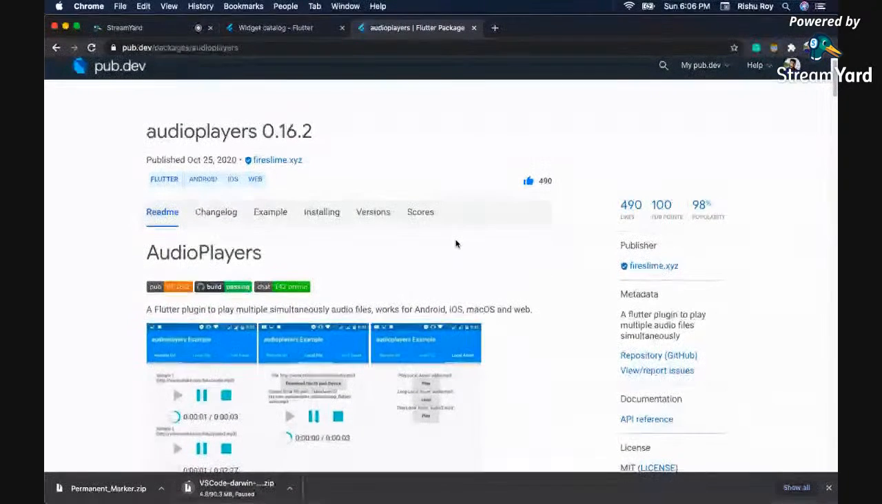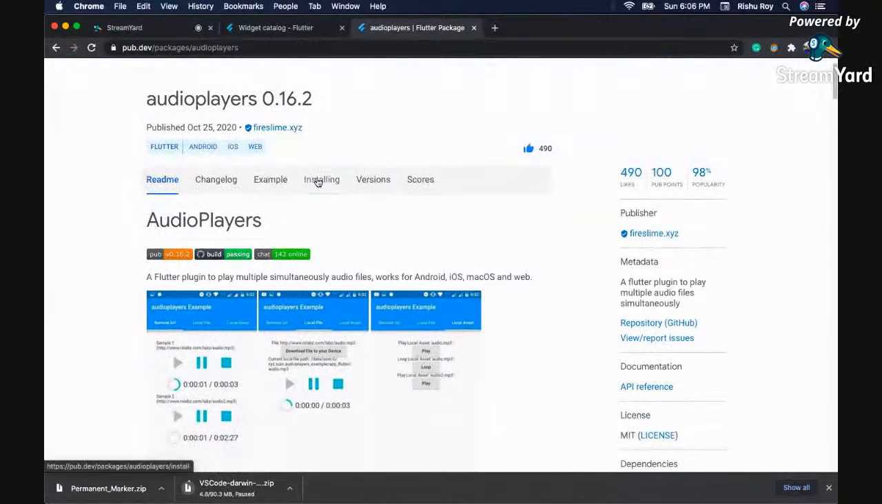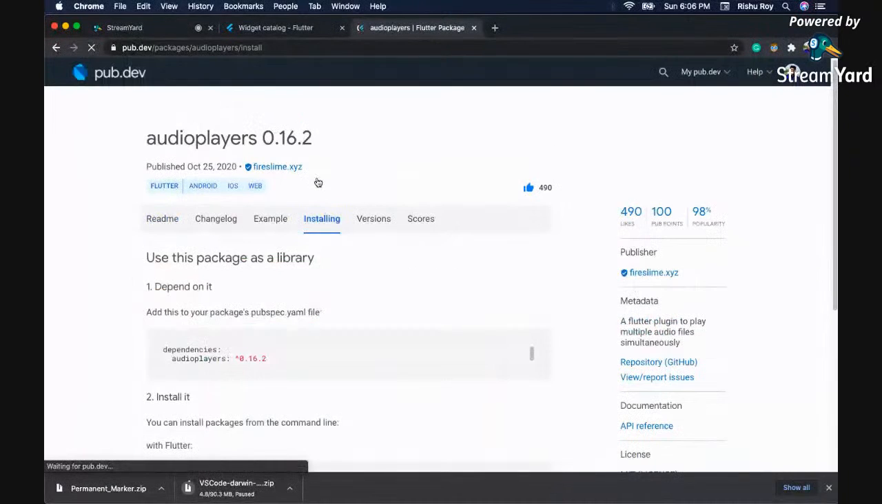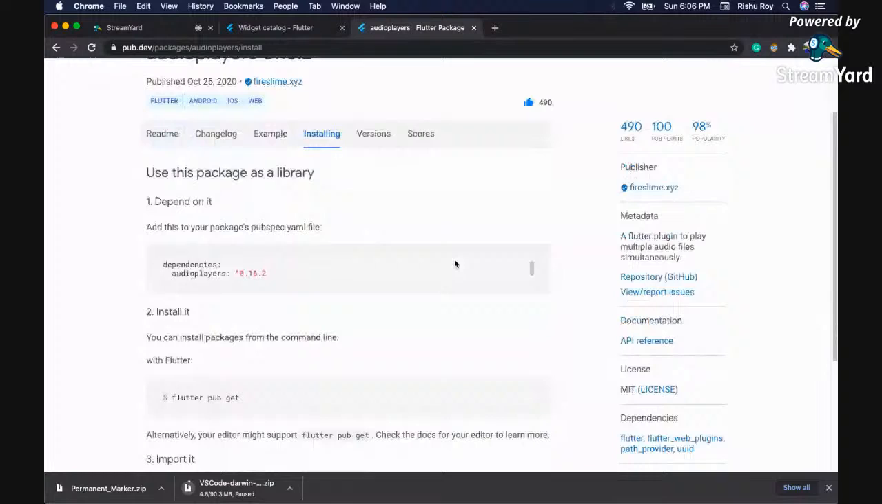Just click on this, and there is a tab here that says how to install this package. Okay, it says depend on it. So we have to depend on this package. There is a section that says add this package to your pubspec.yaml file. So we have just copied this line of code,